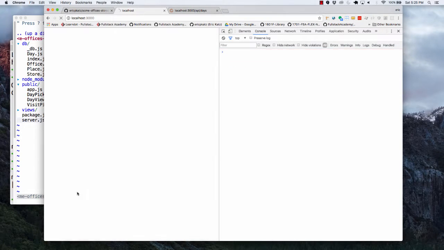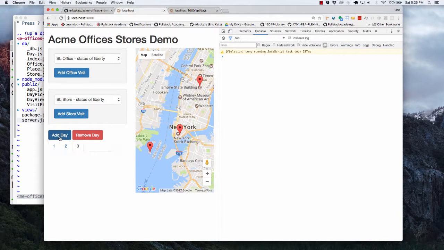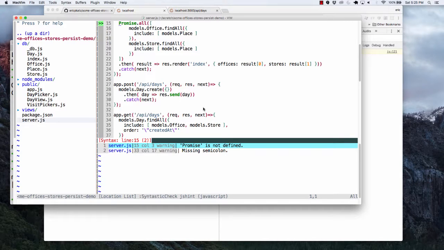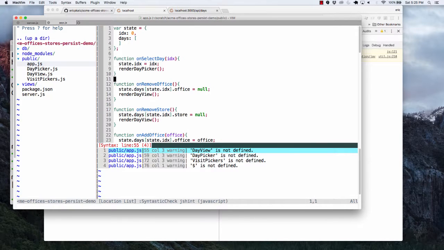Again, it's not wired up yet. If I go to add a day, right, this is not going to end up persisting. So I really could go back and forth over here between these two files. Okay? And what I really meant to say in terms of my components being dumb, my components don't know how to make AJAX requests. Okay? But if I come down here